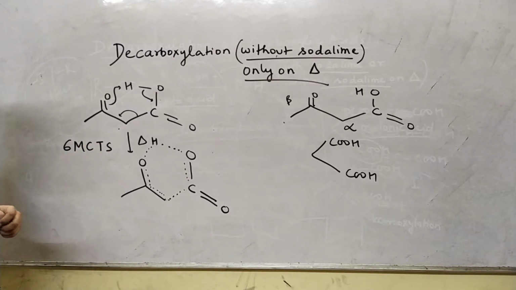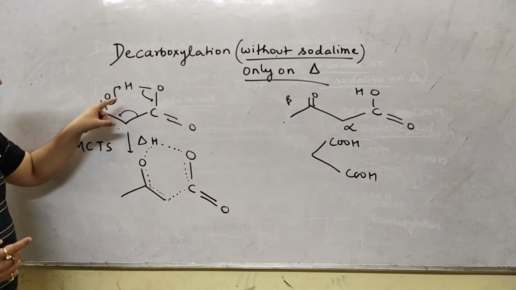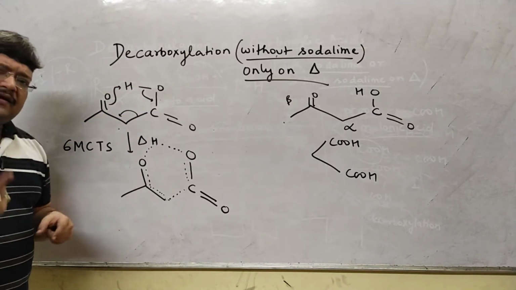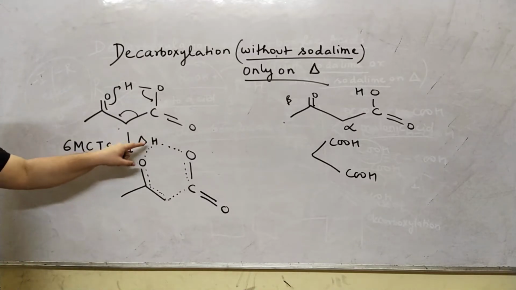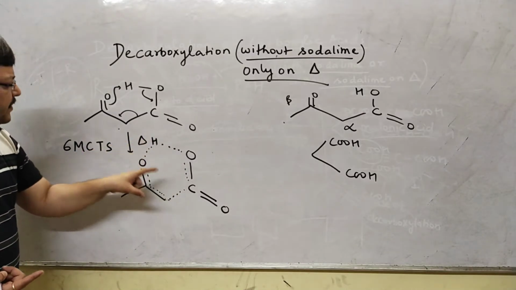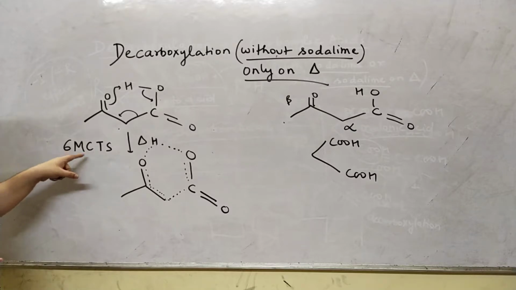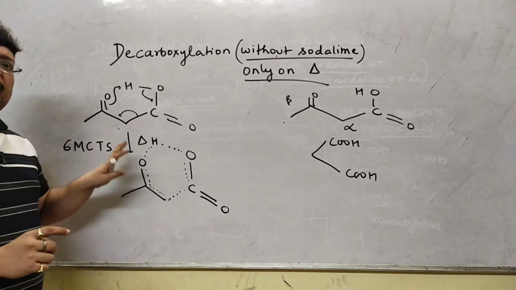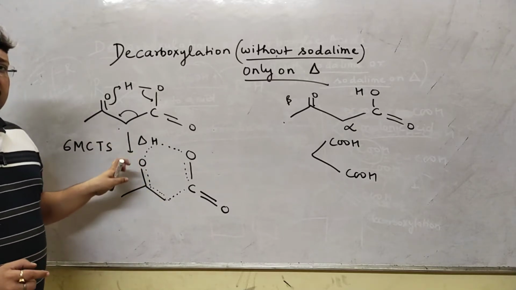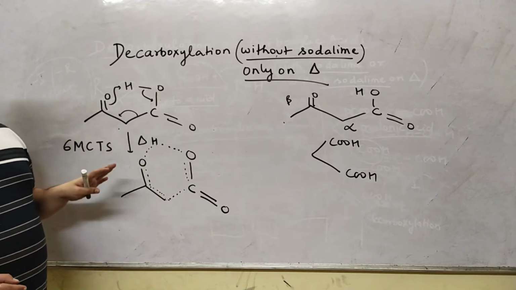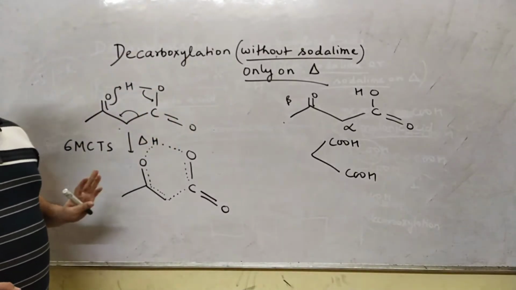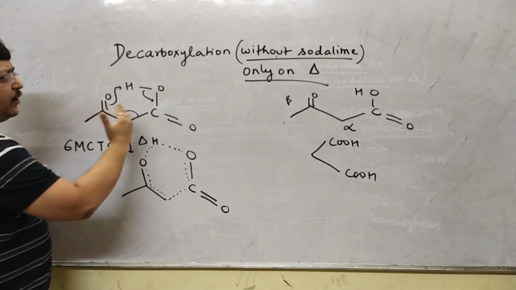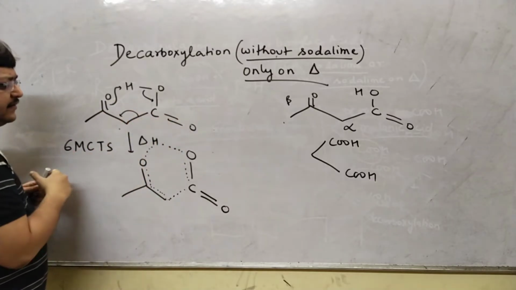I might have also spoken about some reactions involving 3 arrowheads, which means 6 electrons are involved. That's another story. But every time there is a 6-membered cyclic transitory state, the energy required will be lesser because 6-membered rings are stable. This will require lesser activation energy. So this happens on a little bit of heating, and you see carbon dioxide coming out and detaching itself.